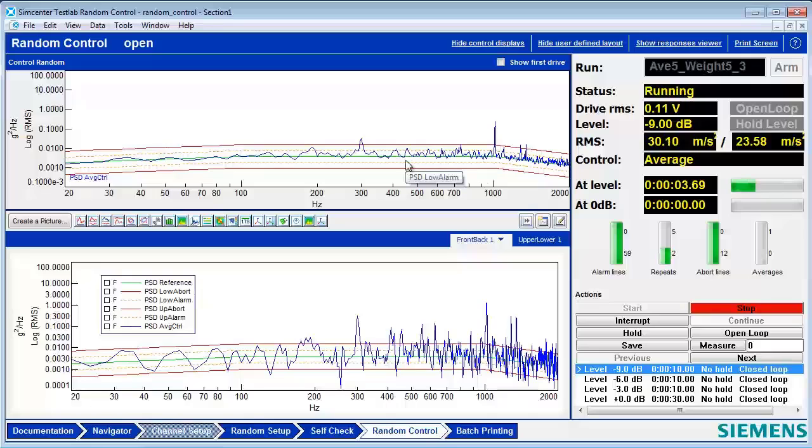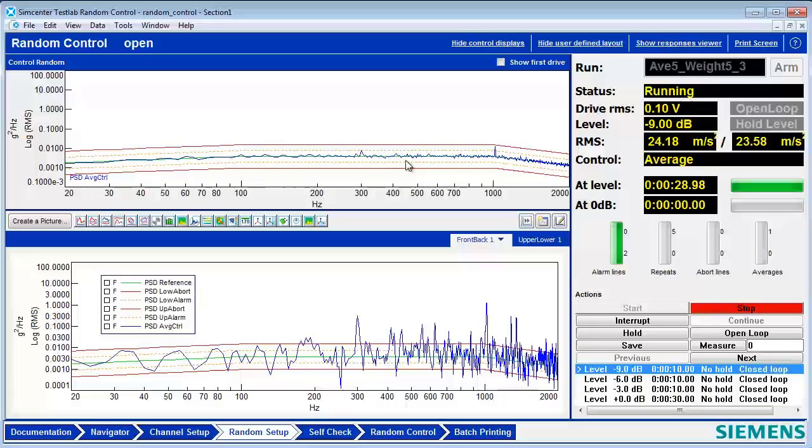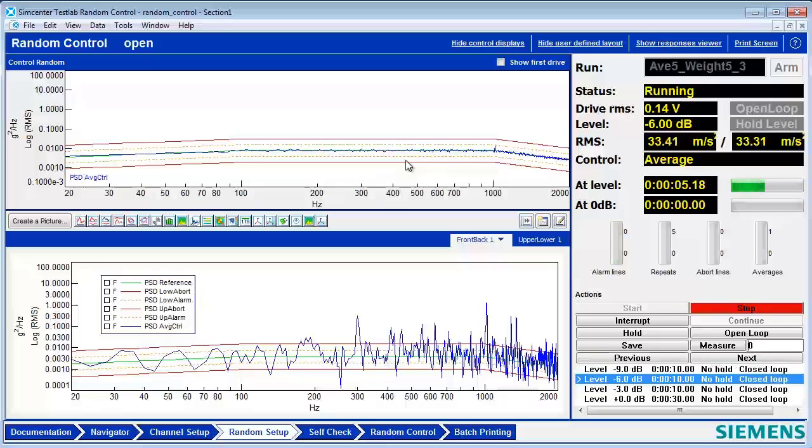Looks like we're getting a little less variation and we're closer to our target. Let's see what happens over time here. It seems to be improving. Now everything is below the target level. And that's looking really good.